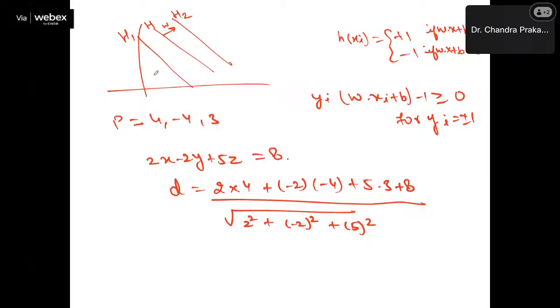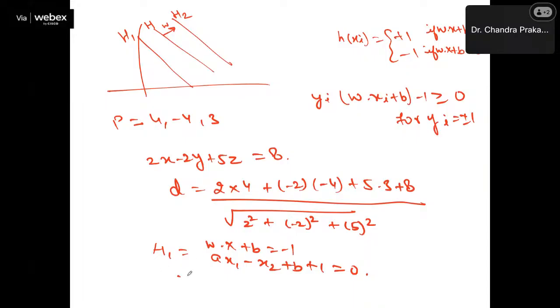We know that it starts from the origin (0, 0). So my h1 will be a x1 minus x2 plus b plus 1 equal to 0, where w x plus b is minus 1. Likewise, for the distance from the origin to h1,